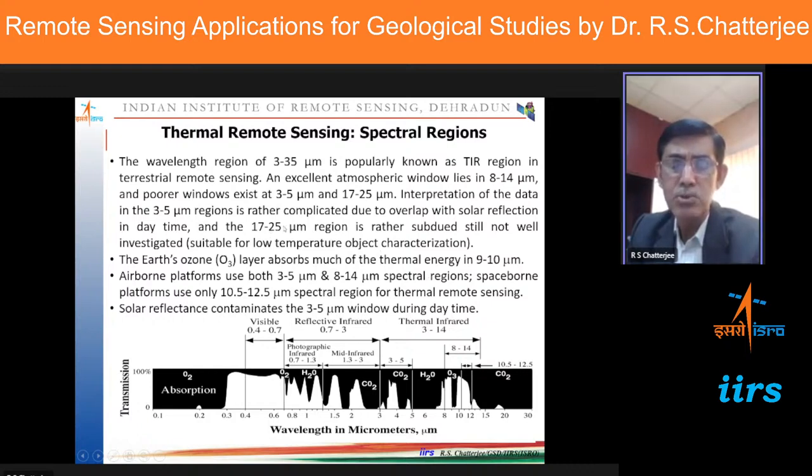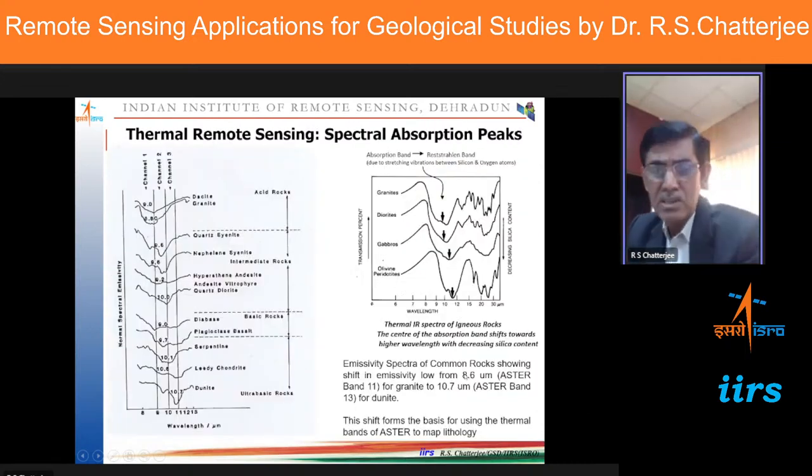And this 17 to 25 is not very important so far, and it is suitable for low temperature objects. It is a subdued atmospheric window and not well investigated till date. Now in thermal remote sensing, it is so far underutilized, and non-availability of data is one